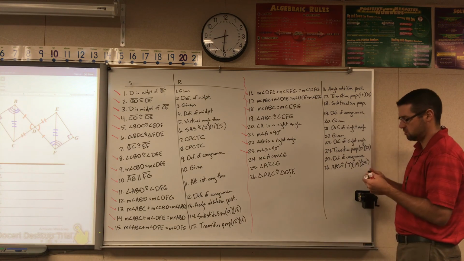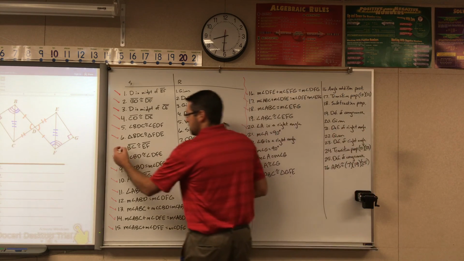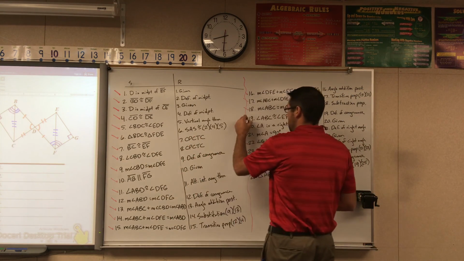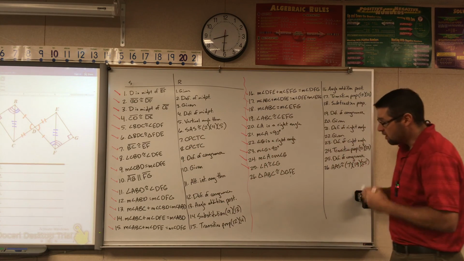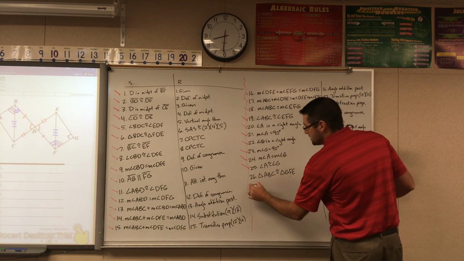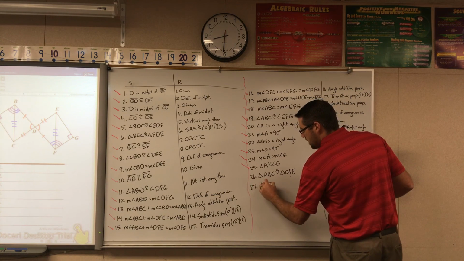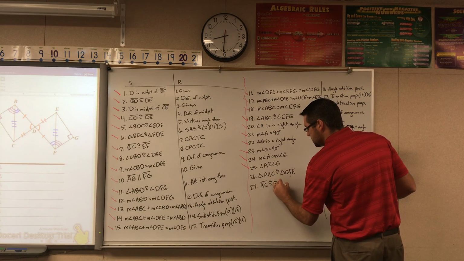This is why it's important to put these numbers, because we're going all over the proof in order to get them. So 7, 19, and 25. 24 led to 25. So now, since those triangles are congruent, we can say AC is congruent to EG because